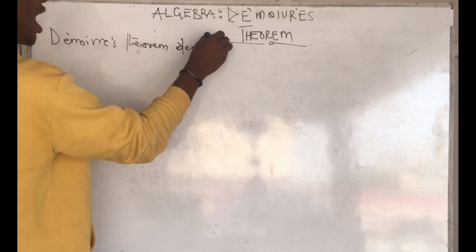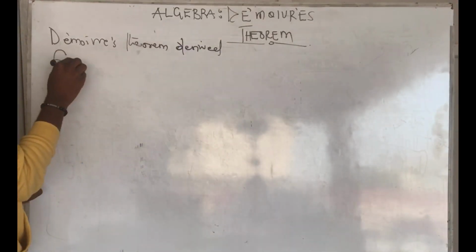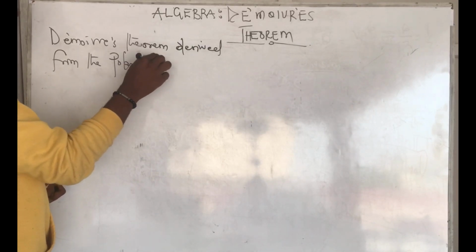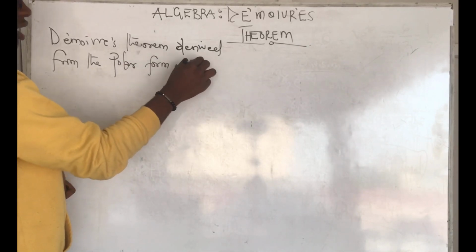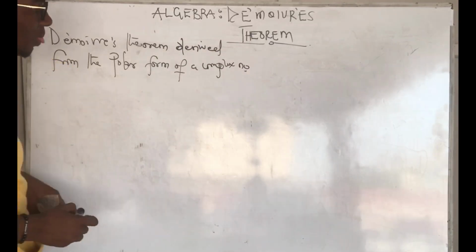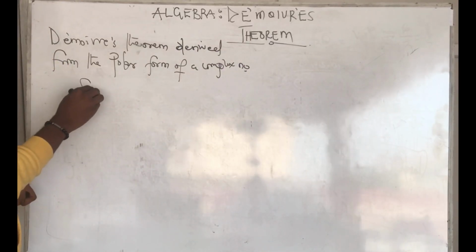His theorem was derived from the polar form of a complex number. The polar form of a complex number. So take note. Now, De Moivre says that since